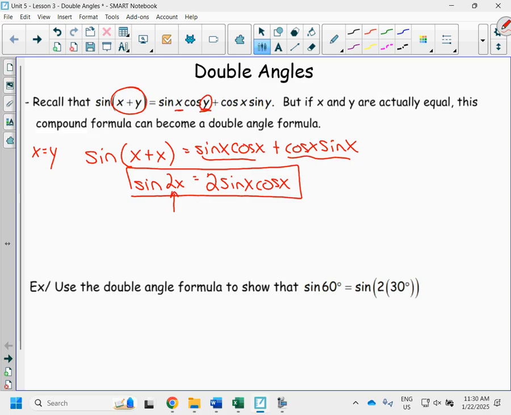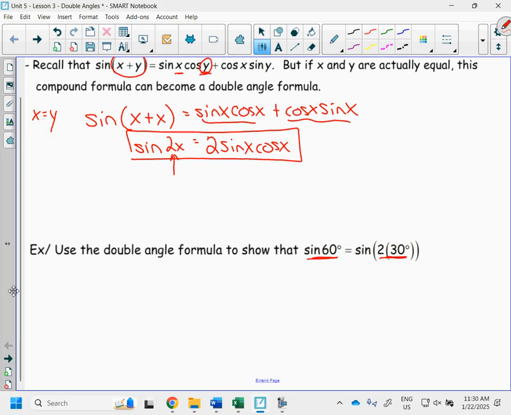We call this a double angle, because it's made up of two of the same angles. And we can show this actually works. Let's take a look at this expression here, that the sine of 60, which is a special triangle, is really made up of just the sine of two 30s. So from special triangles,